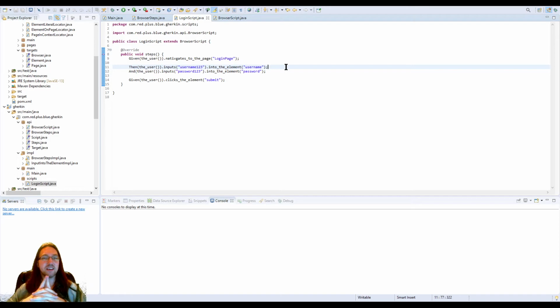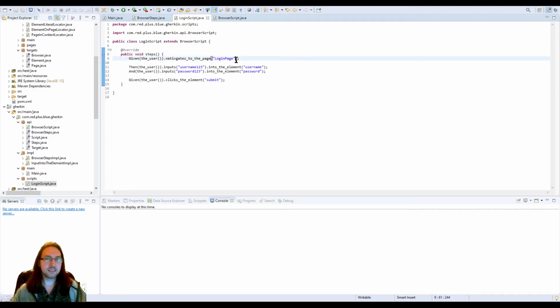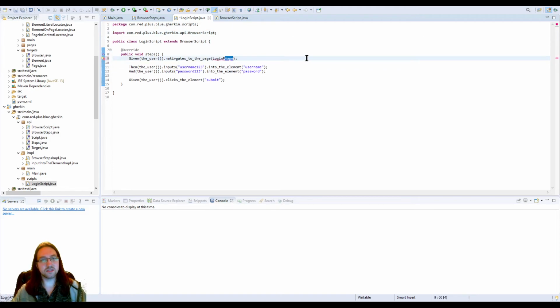Now it is just a matter of fixing some of these references, because I'm not a huge fan of this. Like, not really a huge fan of it at all. I wish there was a way to force those compile time references to be correct. I mean, for this one we can do login page.class, page.class.getSimpleName, but that doesn't really help. I suppose what we could actually do,